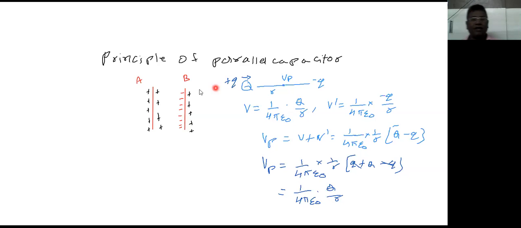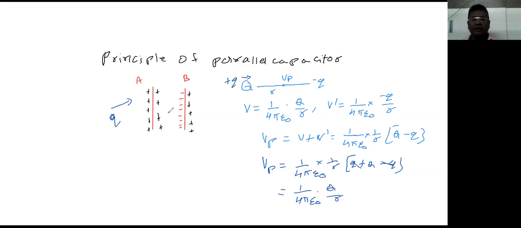So in the same way, we can say that because of the presence of this negative charge on B, the potential of A has decreased. So what can I do? I can bring this potential of A to its original value by doing the same process, that is, by adding some charge Q. Therefore, I can bring A again to its original potential.